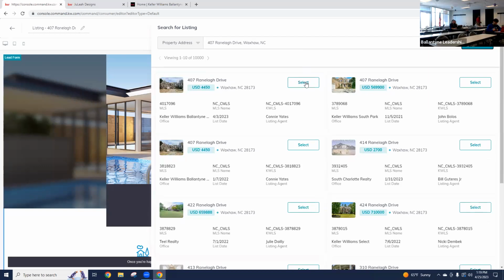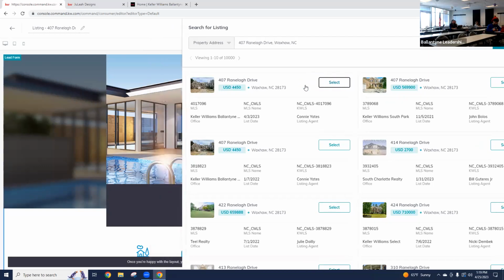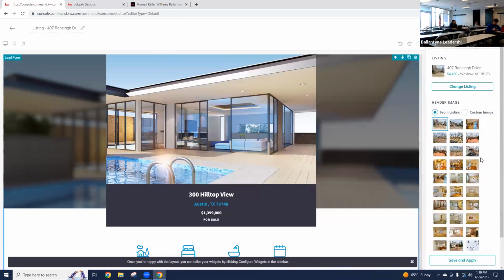And then we can select that listing. And then it will allow you to choose this main header photo. So typically I like to just use that front photo of the house, but let's say, for example, it has a cool pool or something else you want to highlight, you can choose a different listing photo here. But then clicking Save and Apply